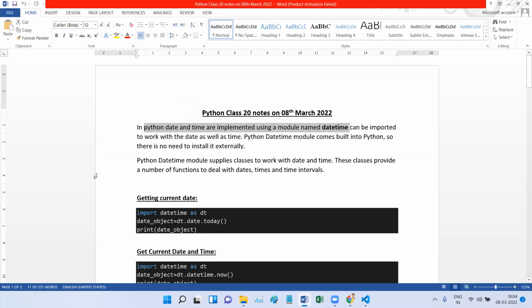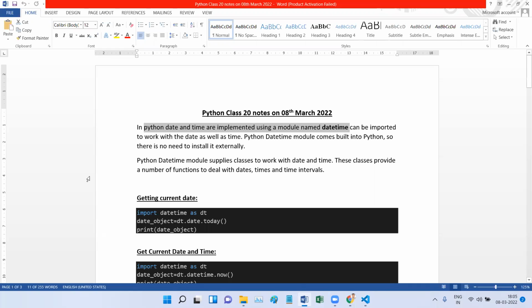One of the most important points to remember while working with date and time in Python is that there is a module. I hope you all remember modules, right? What is a module? A module is a pre-written file. It has different classes and different methods regarding that concept. You need not write the whole thing again, you can just import it. We have taken modules as a separate class, and if you don't remember, you can refer to that. So there is a datetime module in Python.